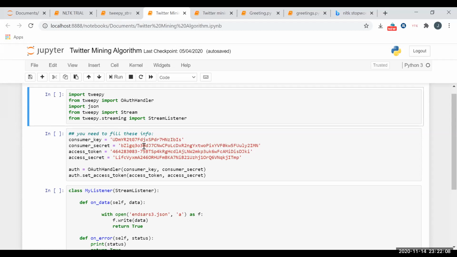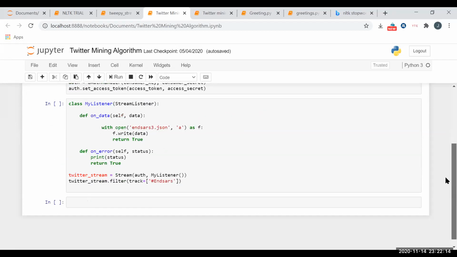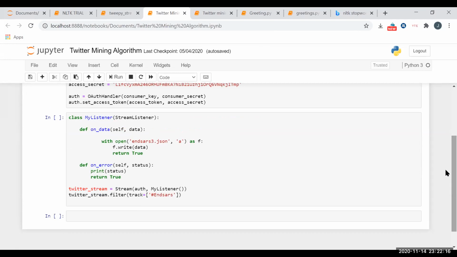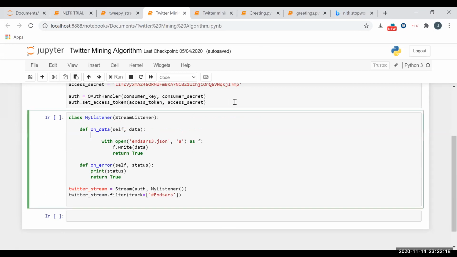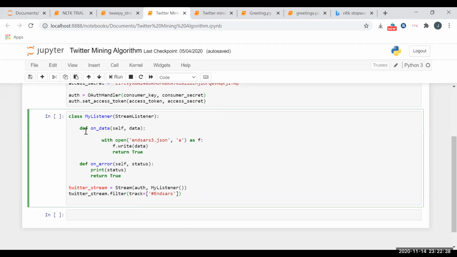So you have to register as a developer, and then they give you your API details so that they'll be able to know who is integrating, before somebody starts bringing down their platform, and then all those authentication takes place. Then this one is to call my listener with stream listener, put these parameters,